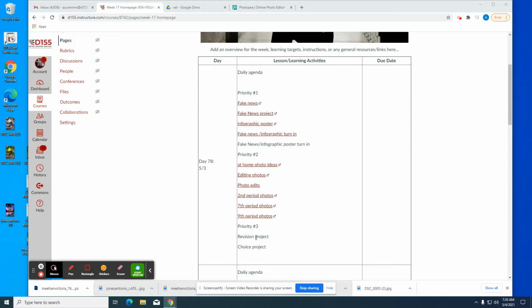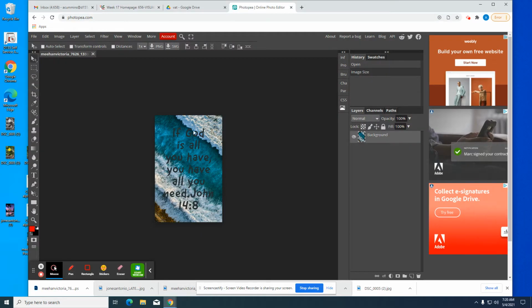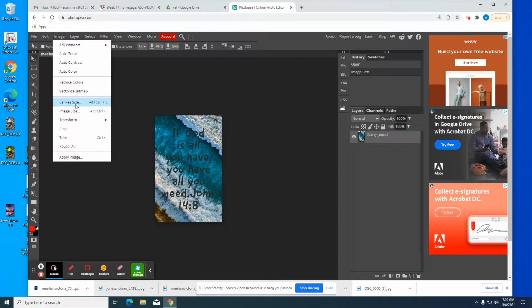For the revision project, there are two parts. The first part is to point out things that you are not pleased with. For this step, you need to find your project and open it up in Photoshop. Then the next step is to go under Image, go to Canvas Size, not Image Size, because what you're